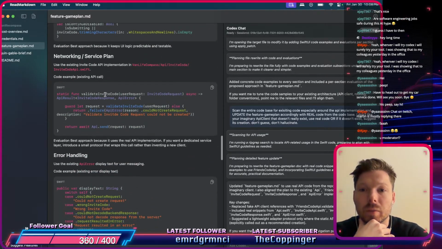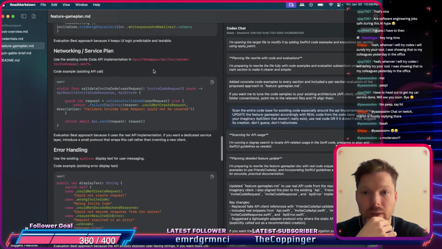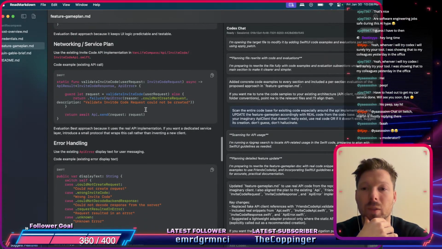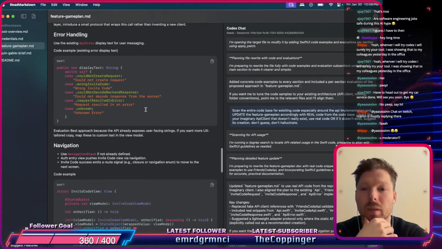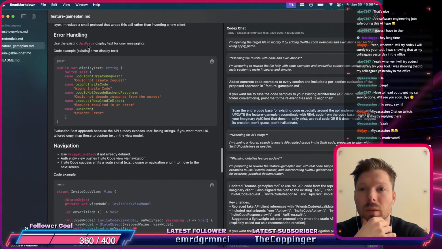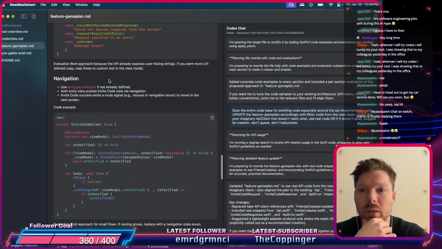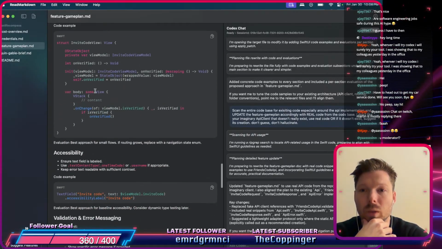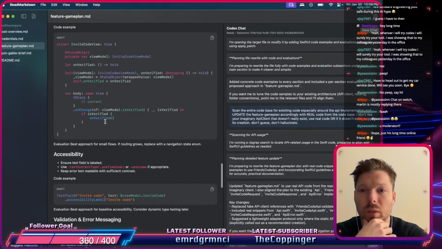Network, validate: use the existing invite code API implementation from invite code API. Yes. Oh, okay, that's the implementation it should be using. Okay. Great. And then use the existing API error. Also great. Navigation stack. What is this? Invite code view content. Why would it